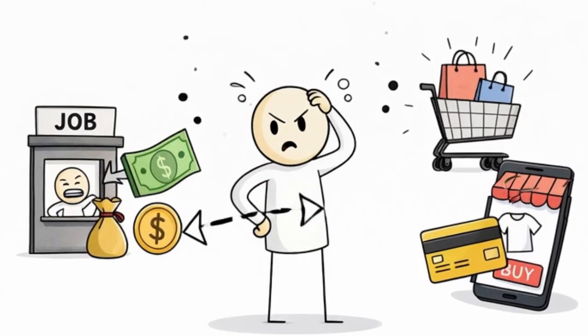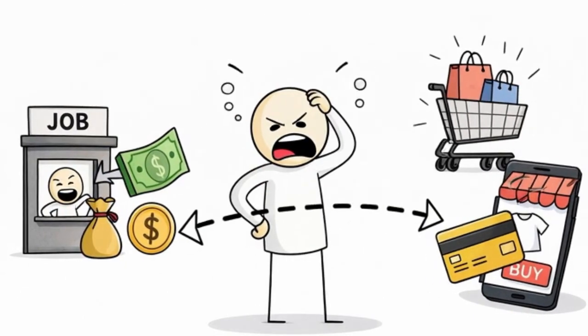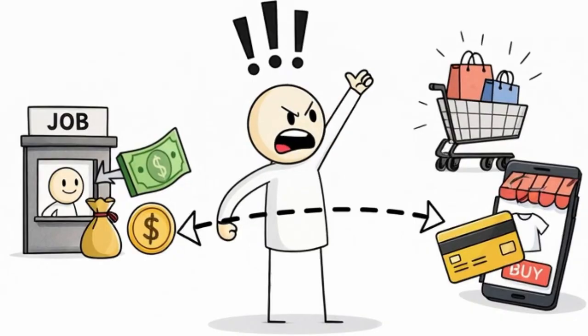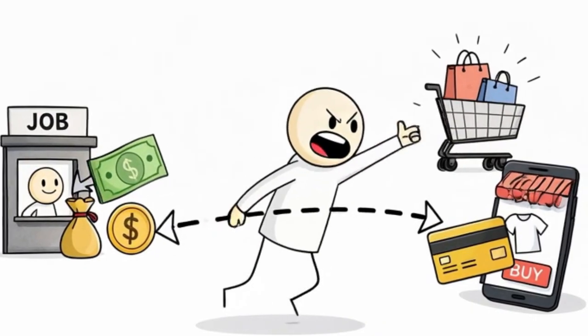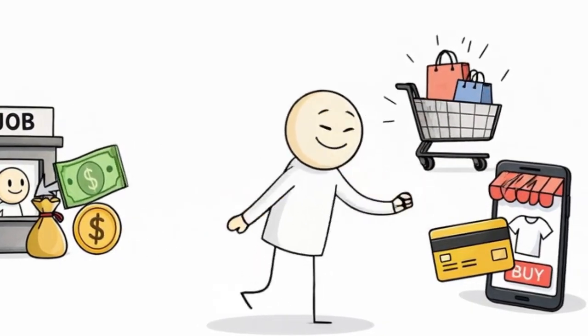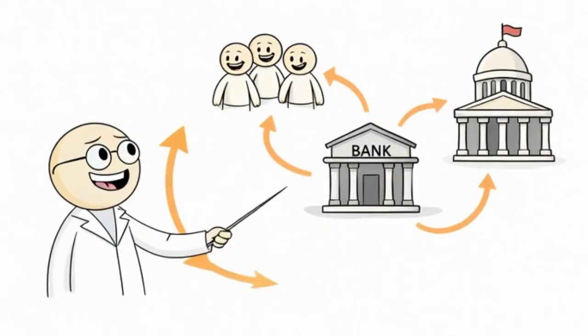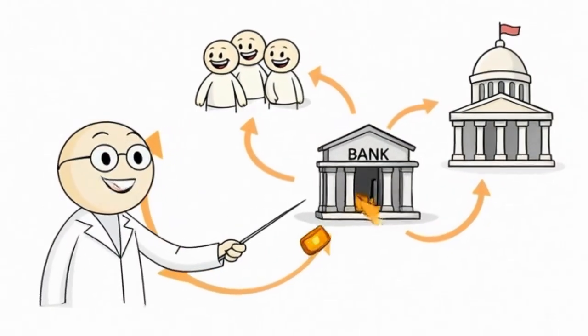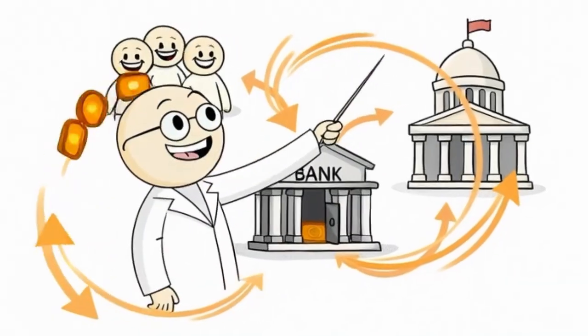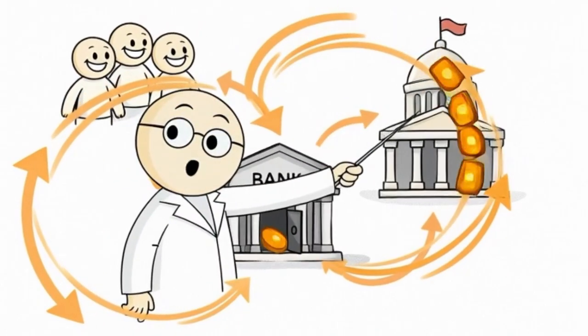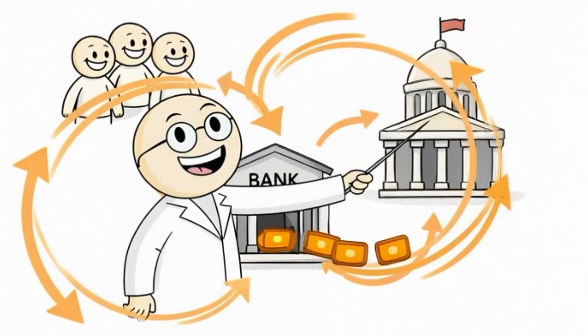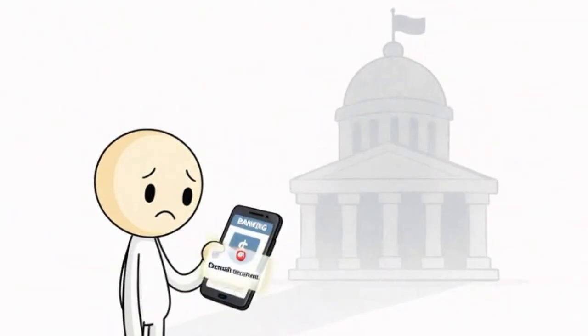When we think about money, we imagine something simple. You work, you get paid, you spend. It seems like a natural system, but the reality is much more complex. Behind every coin, every bill, and every number in your banking app, there's a gigantic system of rules, institutions, and control mechanisms. Governments don't just create money, they influence